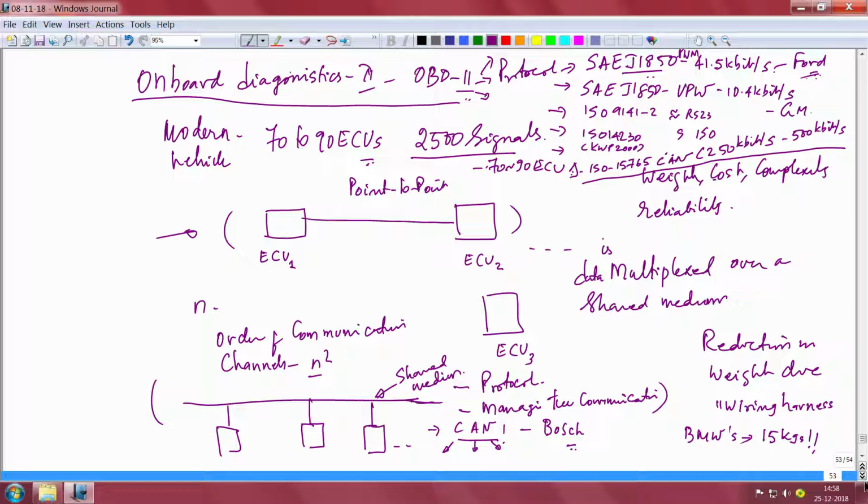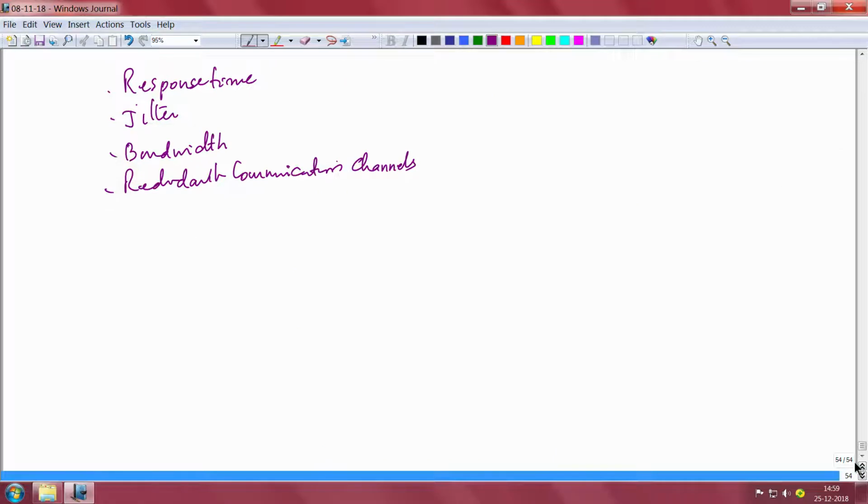So, now let us see, before you understand anything with respect to the different ECUs, you will have to look at the following parameters or following, I would say, metrics to understand what should be the ECU's responsibility specific to a given part in the vehicle. One of the things is response time, the other is jitter, bandwidth, and redundant communication channel. See, all this is coming now slowly into our domain, because we have now decided to go in with a protocol, isn't it.